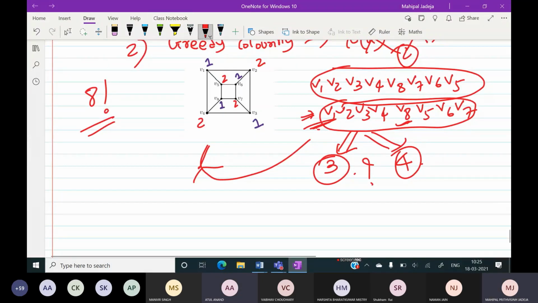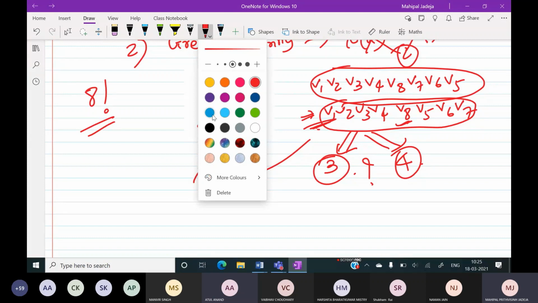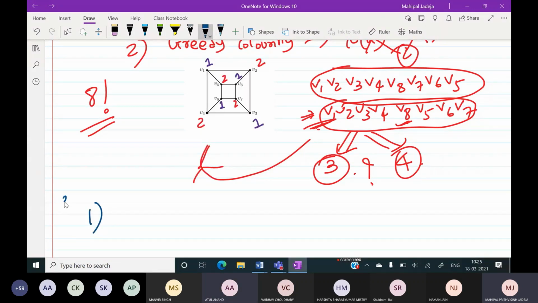Let me use a different color now. So this answer is for 3. Okay, 3 colors. Tell me the ordering. So V1, comma V7, then V3, and then V2,